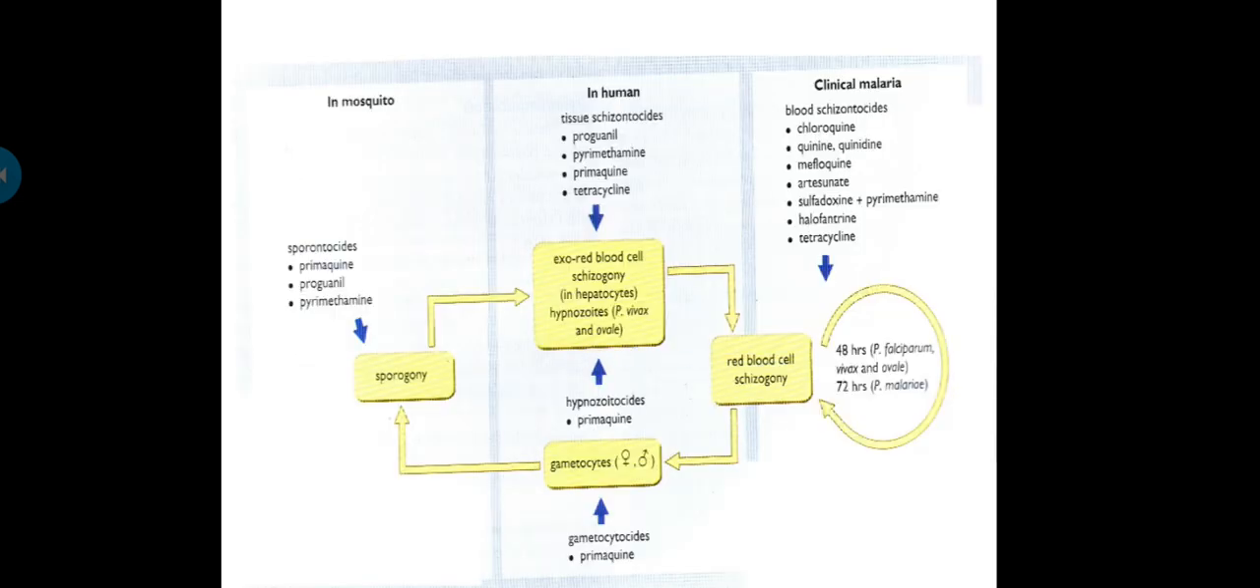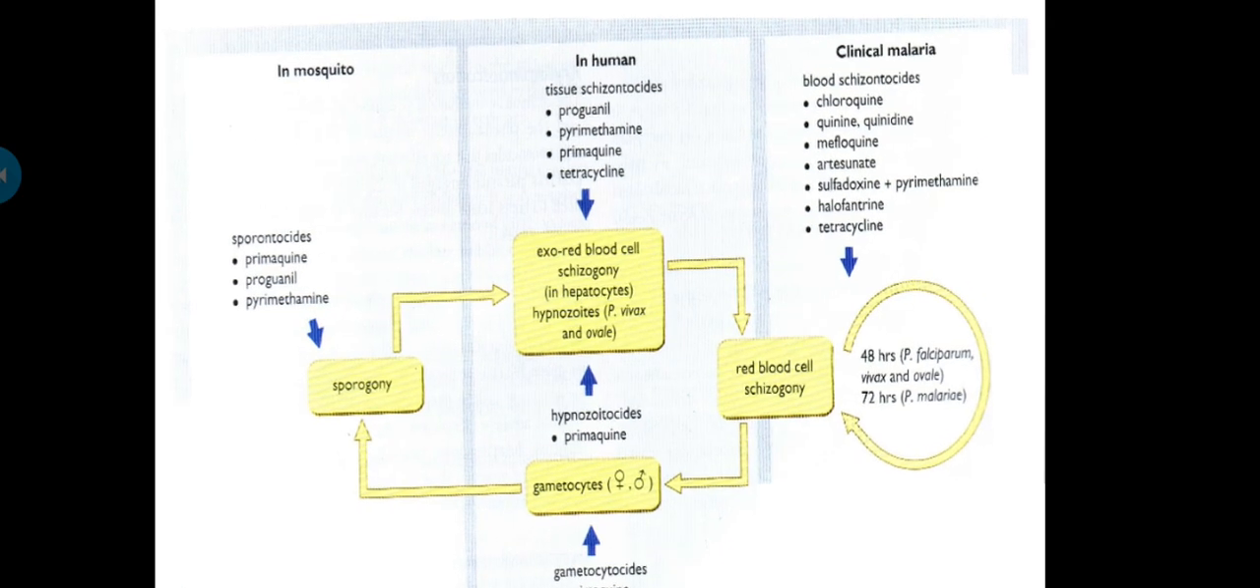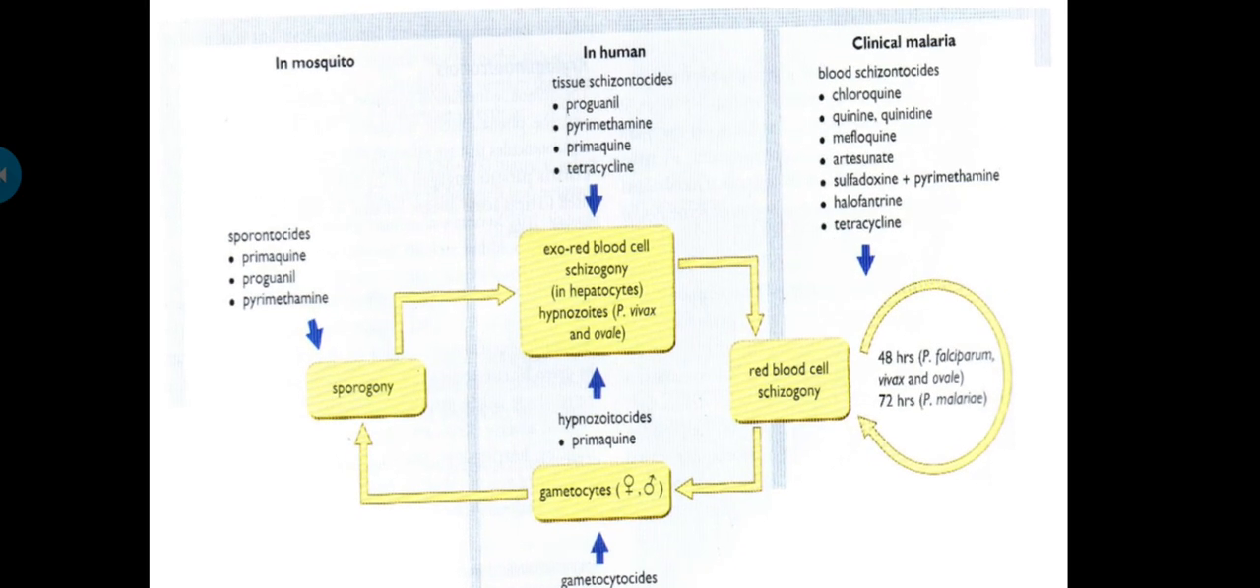So these are the drugs which act on the different phases of the parasite in the mosquito as well as in humans. In humans, tissue schizonticides are proguanil, pyrimethamine, primaquine, and tetracycline, and they kill the exoerythrocytic schizogony and the red blood cell schizogony, that is 48 hours. This phase runs for 48 hours in Plasmodium falciparum and 72 hours in Plasmodium malariae, and